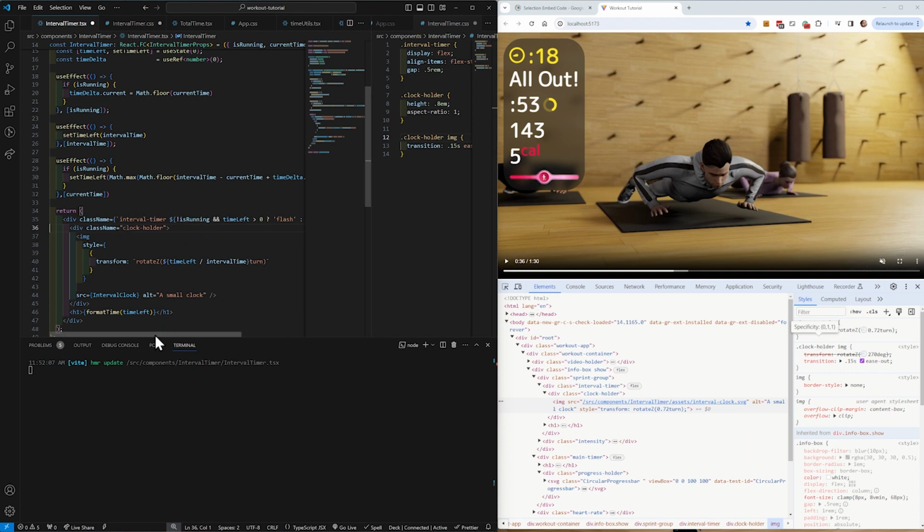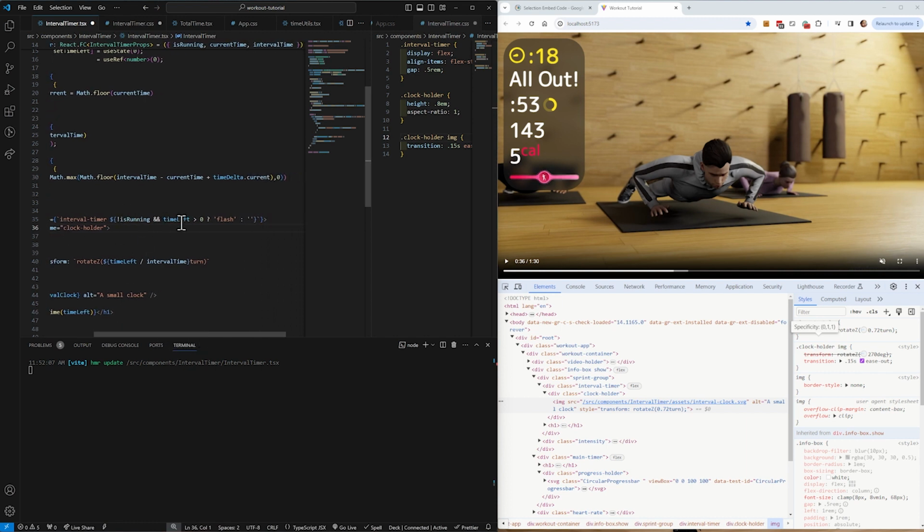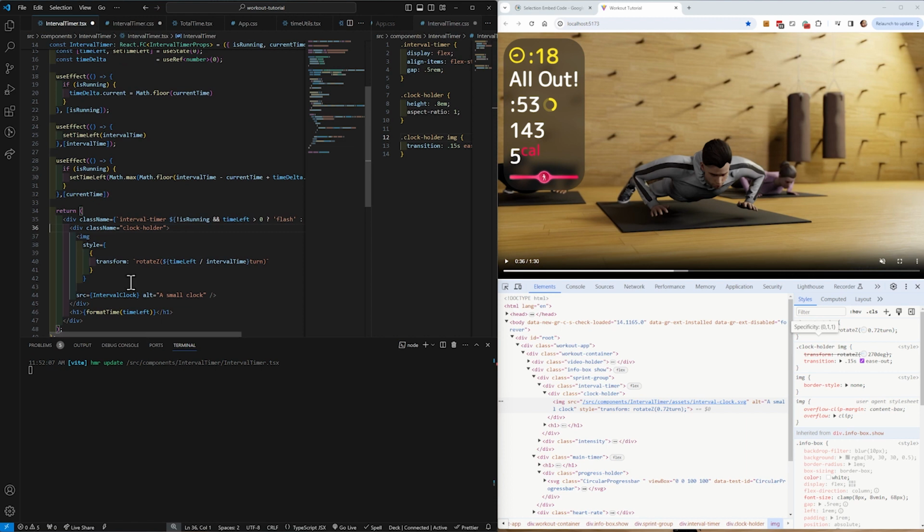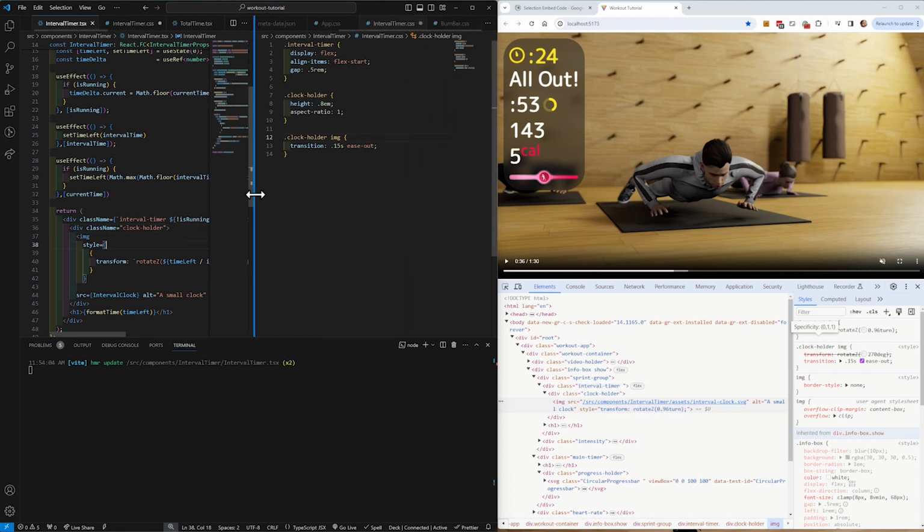We still have interval timer, but now we're going to say, is it running and is the time left greater than 0? Then flash it. We're going to add a class of flash. And otherwise, don't add that class. If we save this, of course, nothing's going to happen. We have to create the CSS. So we're going to do that by creating